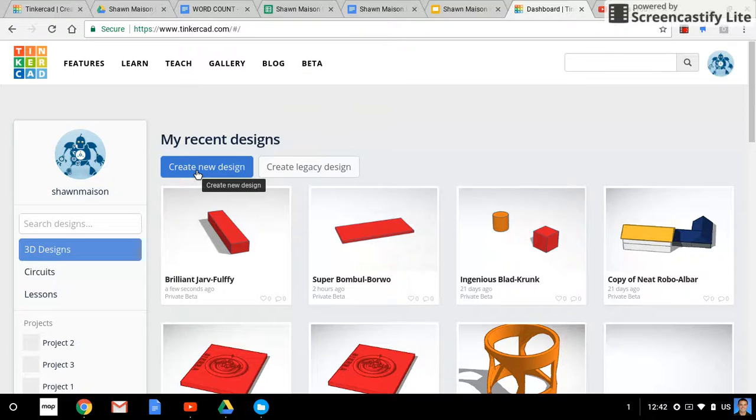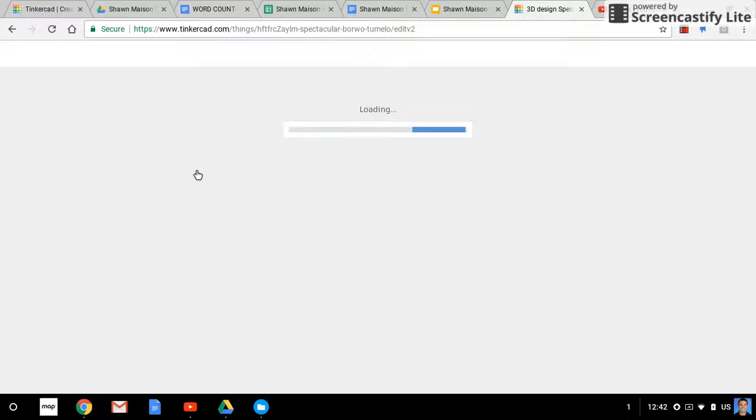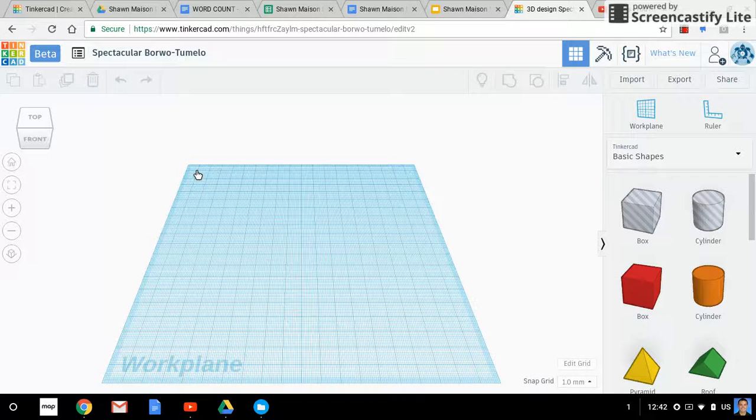Now, when I click Create New Design, what is going to happen is a new build platform is going to be created for my project. You can think of that as a file within this large folder, which is your landing page, of your various 3D designs. So while this loads and creates a new work plane, I see I have this gridded platform that I can build upon. I like to think of it like a Lego